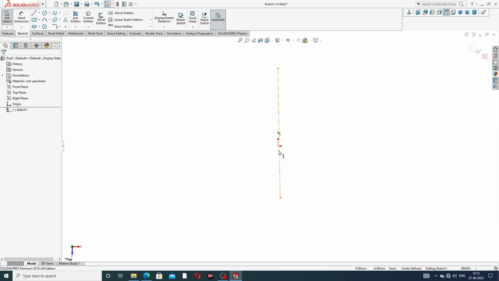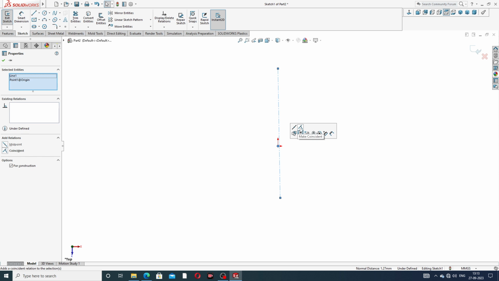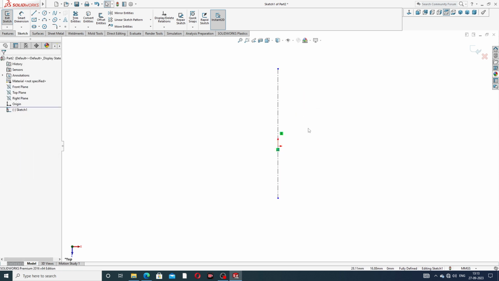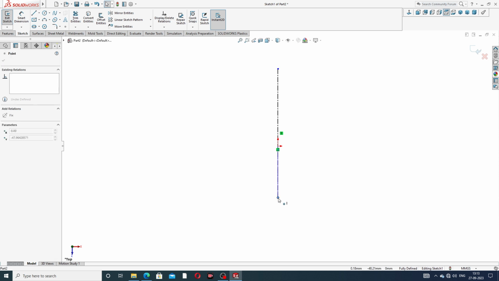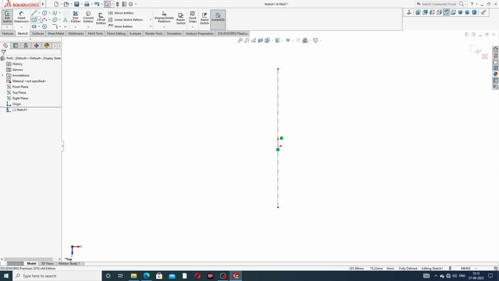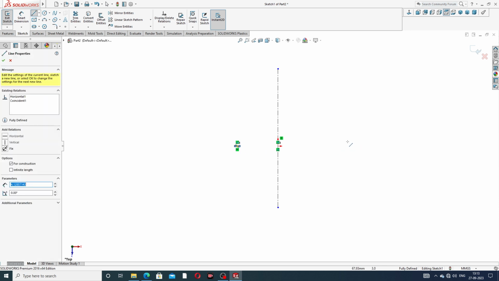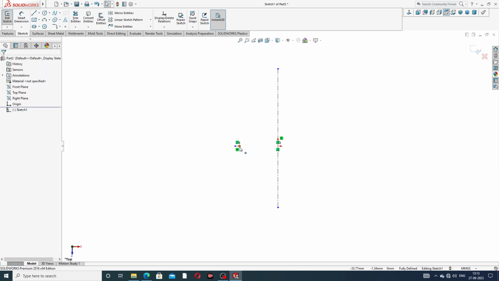This line and this point have a coincident relation, and this line is vertical. Again select a line, from this to this, with a coincident relation, and this one is horizontal. All is perfect.